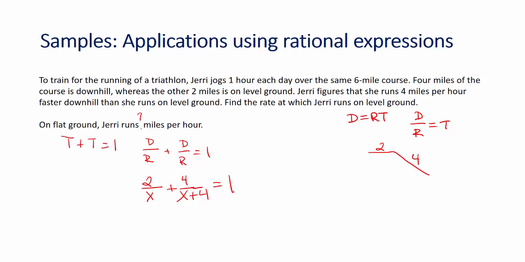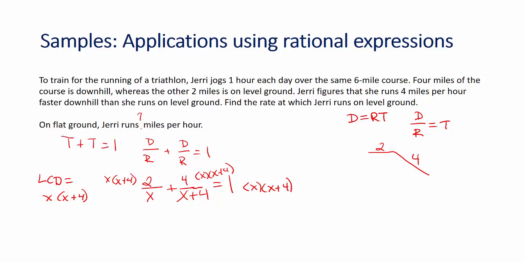We're going to use our least common denominator method. I can't do proportions because I don't have a single fraction equal to a single fraction. So my LCD for this problem is made up of the x and the expression x plus 4. So I will be multiplying each term by that LCD, reducing whatever denominator I can. That includes doing it on the right side